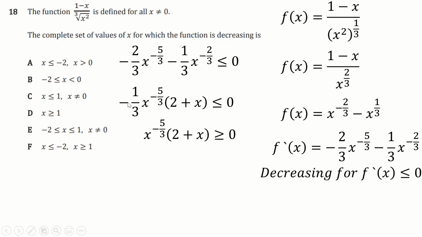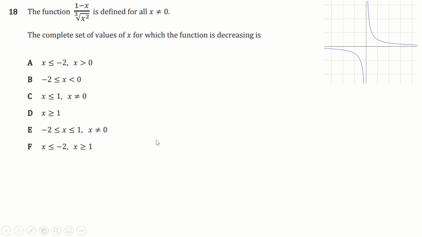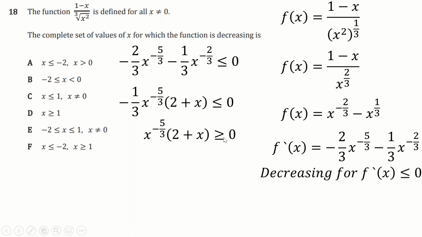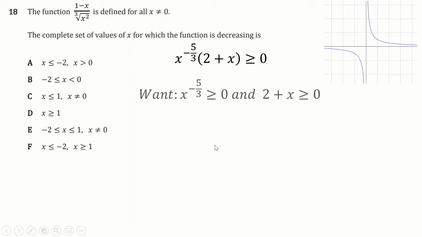First, I can times both sides by minus 3, and then I end up with something slightly better. And this time I'm looking for it to be greater than 0 because I times by a negative number. But again, this is the same as before. I've got this thing multiplied by this thing greater than 0. So either I want them both to be positive, or I want them both to be negative, right? So I either want this to be positive and this to be positive, or them both to be negative. So I either want this to be greater than 0 and this to be greater than 0, or I want them both